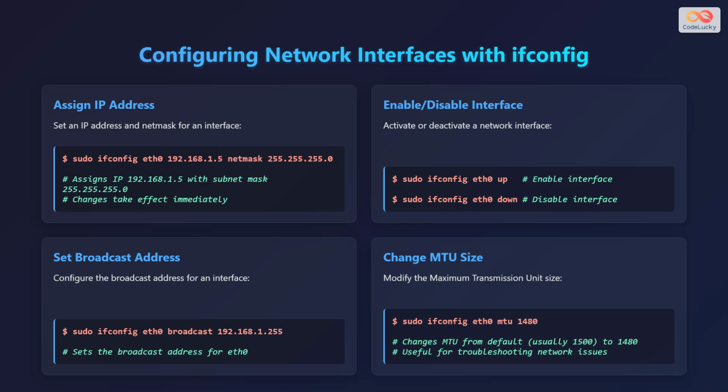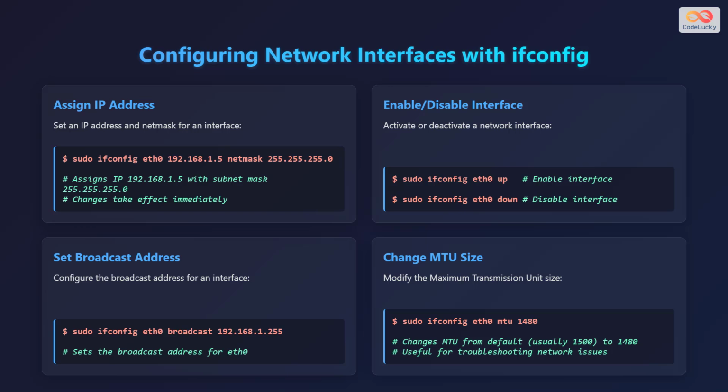To enable or disable an interface, use the command sudo ifconfig eth0 up to enable the interface or sudo ifconfig eth0 down to disable it. To set a broadcast address, use the command sudo ifconfig eth0 broadcast followed by the desired broadcast address. For example, you can set the broadcast address for eth0 to